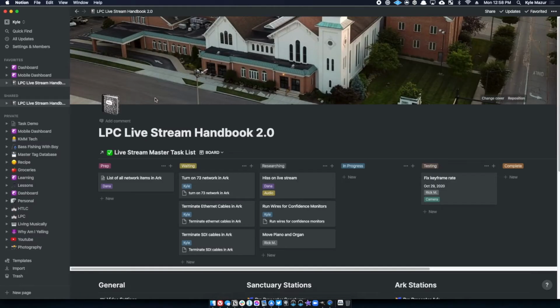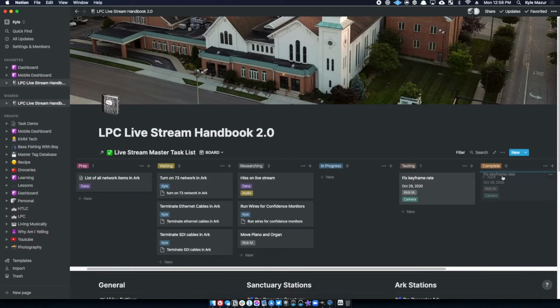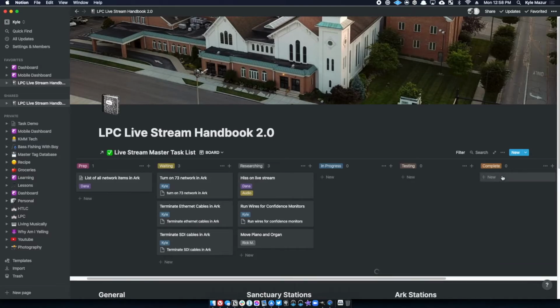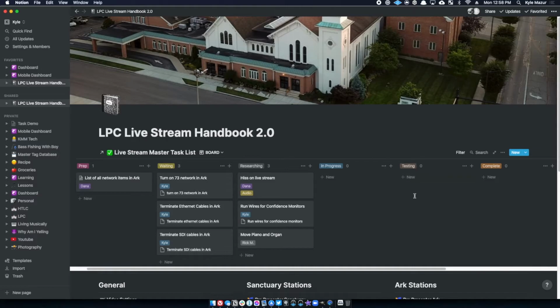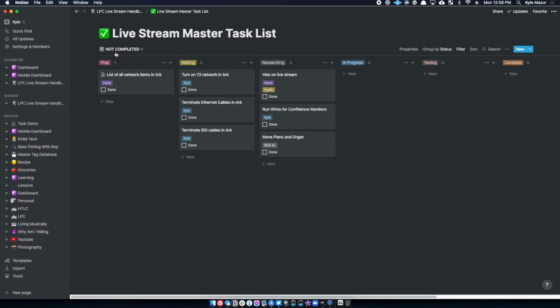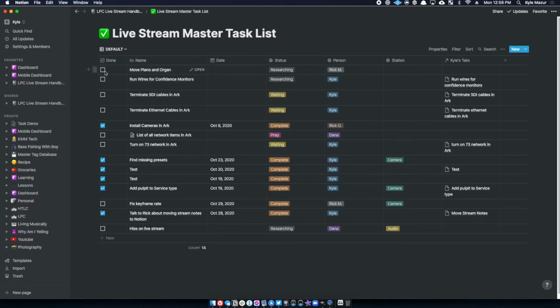Okay. So I know that yesterday we were actually testing this. This is now complete. So I can take this and just drag it over to complete, and you'll see that it goes away. Now I no longer have anything in testing. I no longer have anything complete. But if I go back to my master list, my default view,